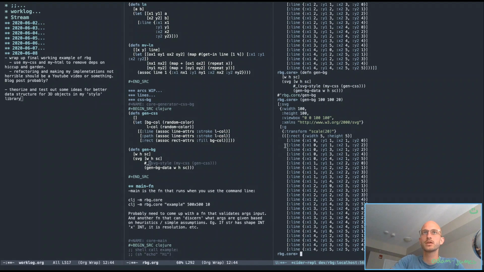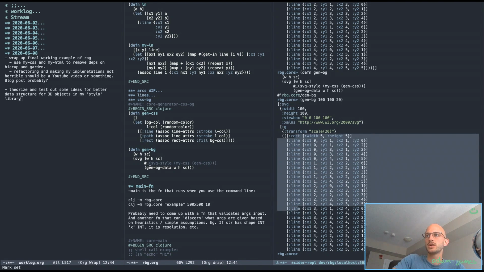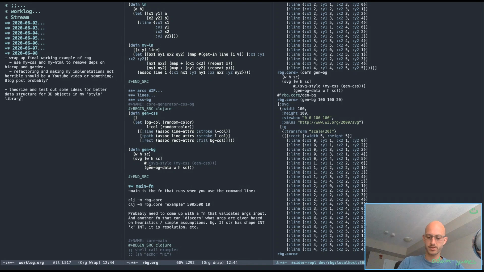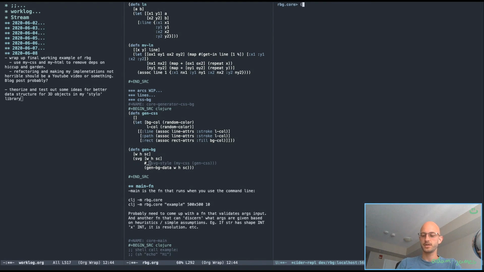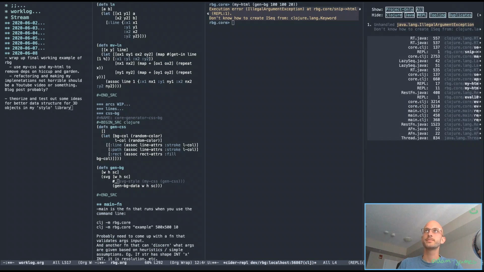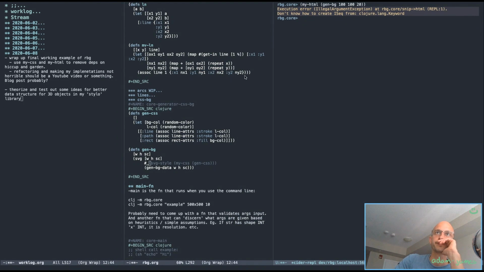So here, I've got an SVG. Inside that is a group tag. Inside the group tag is a doubly nested list of rectangles and lines. So if I run my HTML on that, I don't think it'll work. Right. So